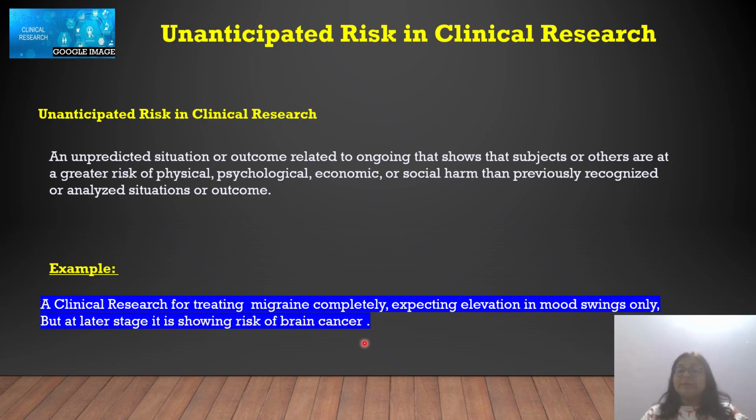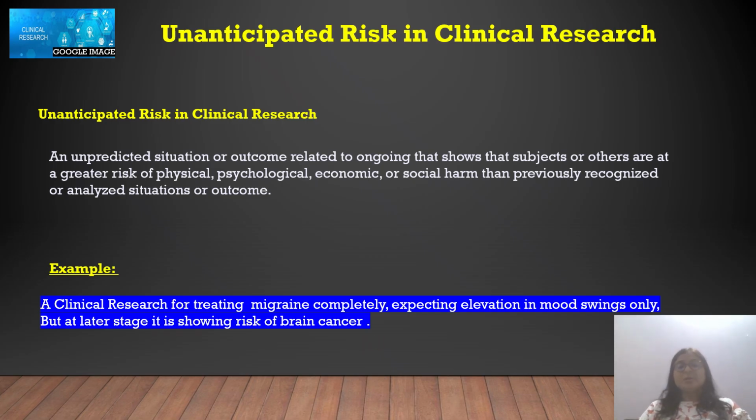So this was completely unexpected. It was not ever expected, and it was not ever written in any protocol or any informed consent. Even researchers were not aware of this result. Obviously, if they were aware of this result, they would not proceed with the clinical research or they would not get the green flag to continue this clinical research. So at some point they see that it can happen. At that point when they expect that it can happen, that is the unanticipated risk in the clinical research.